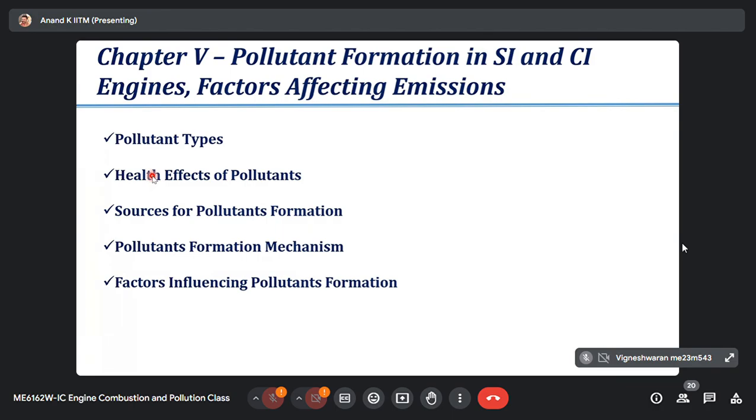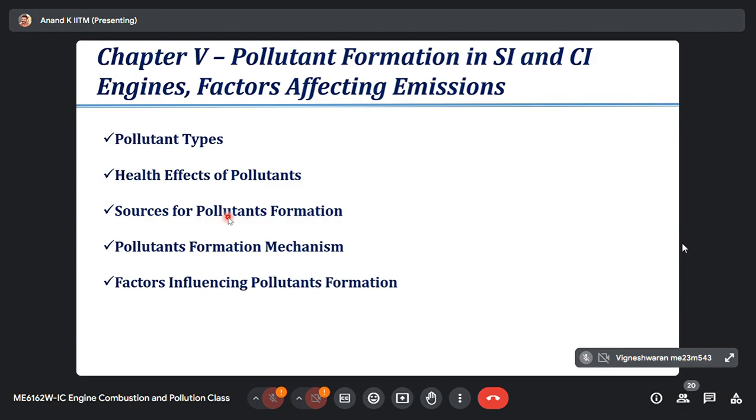In the next chapter, we are going to discuss the pollutant control methods. Nevertheless, due to the health effects created by the pollutants, we are restricting the concentration of these 4 species to almost 0 level. Then we discussed the sources of pollutant formation for SI and CI engines. The sources are different, especially unburnt hydrocarbon sources, because they are based on boundary layer fluid dynamics, as we have discussed, unlike NO and soot, which are primarily governed by chemical kinetics. Unburnt hydrocarbon formation is governed by boundary layer fluid dynamics.